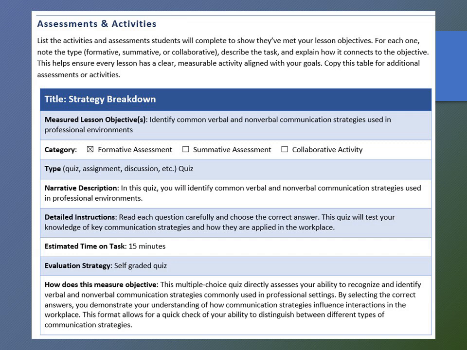Specify your evaluation strategy, such as a rubric or checklist, and explain how the activity aligns with and measures the lesson objective. For more information, refer to the Assessment Planning Worksheet and Collaborative Activity Worksheet, where you'll find details for each assessment, including its type and how it supports the lesson objectives. If your module includes more than one assessment, simply copy and paste the Assessments and Activities table as many times